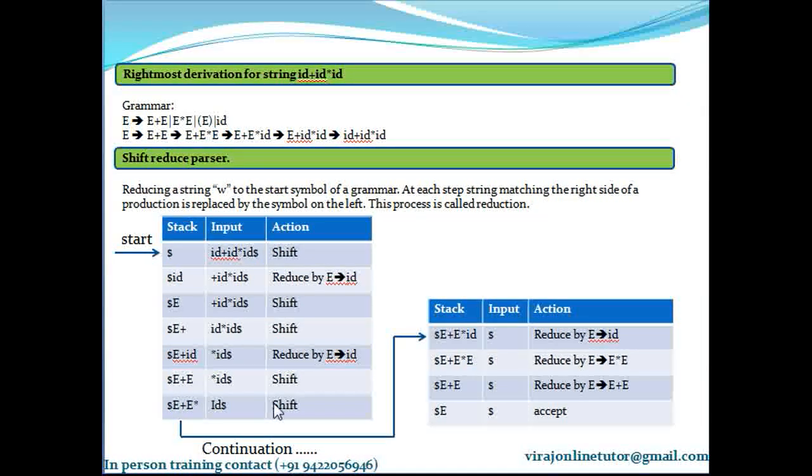This is a continuation because of the space constraint. I am shifting the ID here, so it is E plus E into ID. So I have E plus E into ID, we are correct. Now this ID I am replacing it with E. So as soon as I replace this ID with E, I get this. Wow, we are on the right track. From this I got this. Great. We are moving reverse of RMD. From this I got this. Awesome. So from this, can I get this?